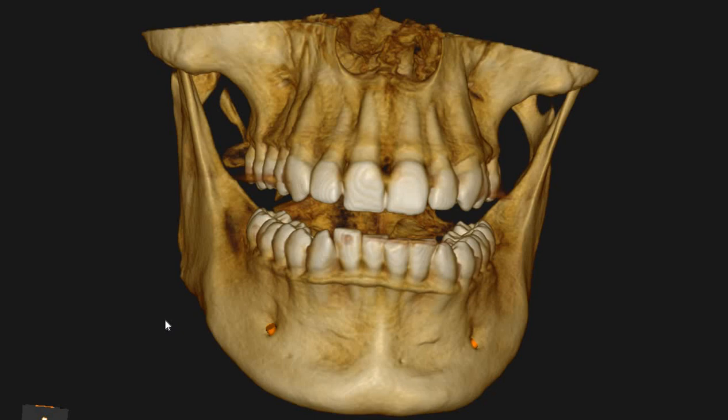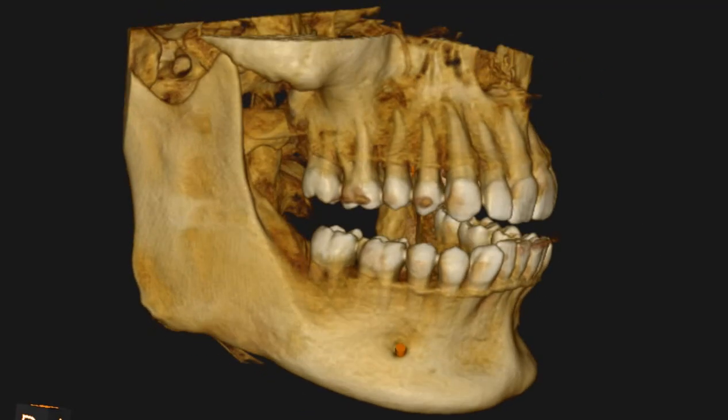This is the CBCT of the patient that you had requested. The area of interest is the lower right mandibular quadrant. This is a particularly interesting case because we've got an impacted tooth, which we will show you on the